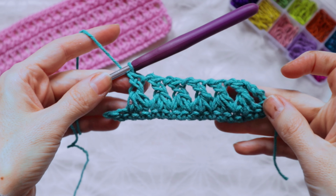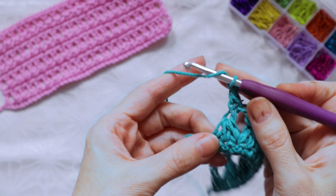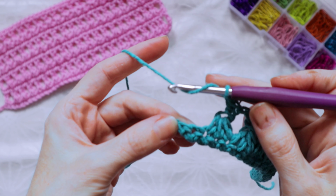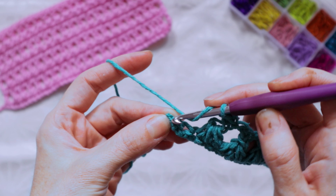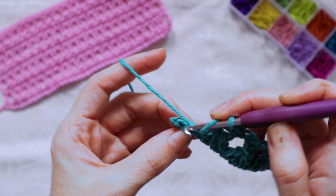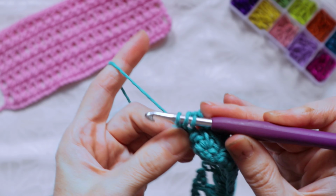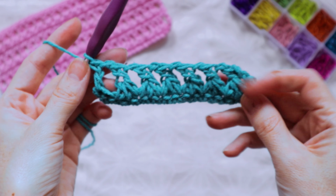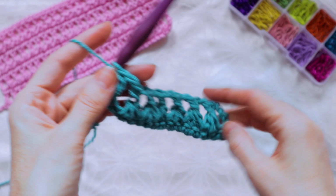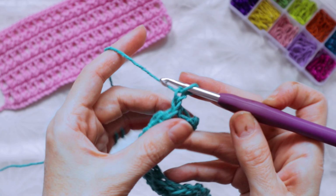And here we are. I came to the end. Here I'm going to do again 1 chain, and then crochet a double crochet. Right here I will skip this one, and I'm going to crochet 1 double crochet at the last stitch. And this is how the pattern looks. So now how we're going to repeat this pattern: just one chain, turn your work,